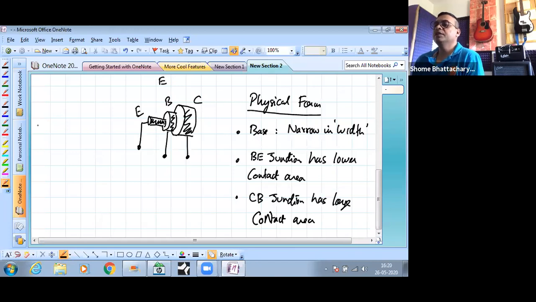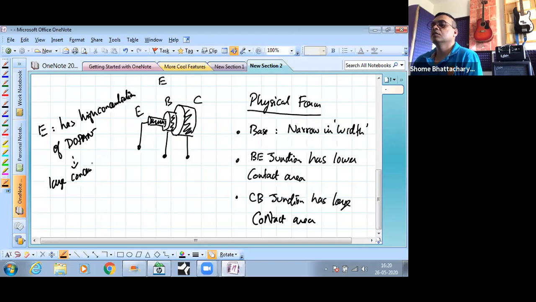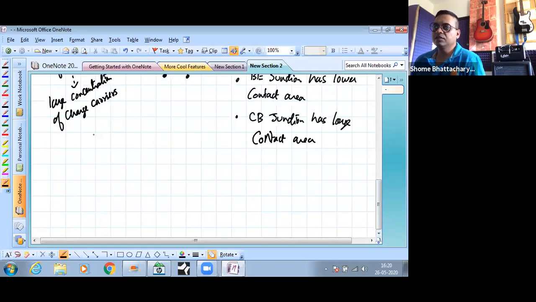You also have that the emitter has high concentration of dopant. So that means it has large concentration of charge carriers. In fact, that is why it is called the emitter, because it is the charge carriers that the emitter sends into or diffuses into the base that contributes to the most of the current that passes in the transistor,